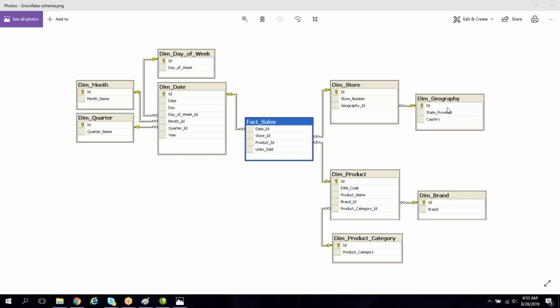We have the geography dimension, brand dimension and category dimension, but these dimensions' surrogate keys are not present in the fact. Like this, if at least one of the dimension keys is not present in the fact directly, then we call that model a snowflake schema model.